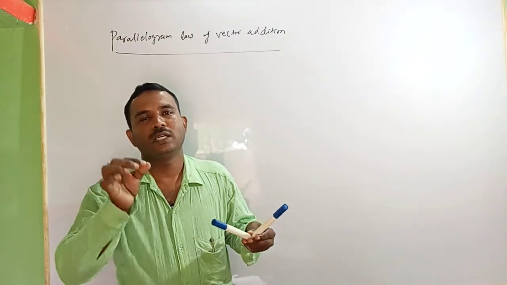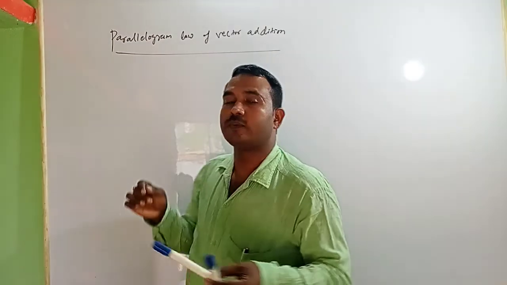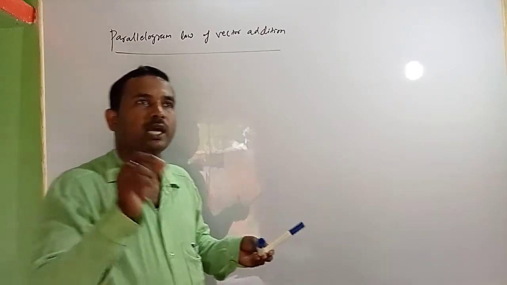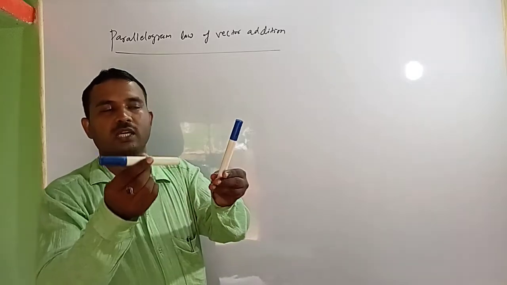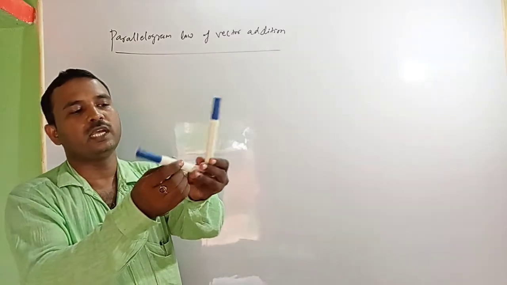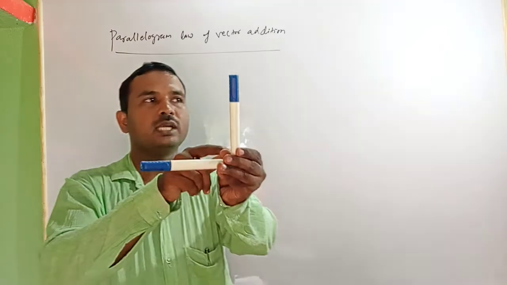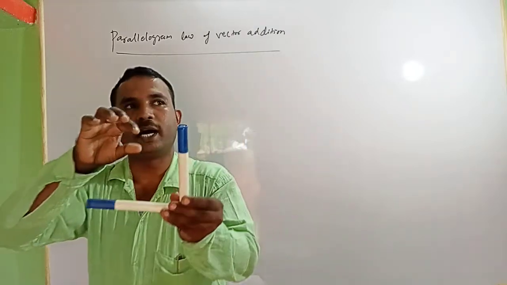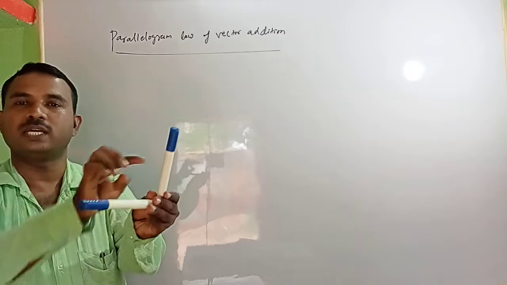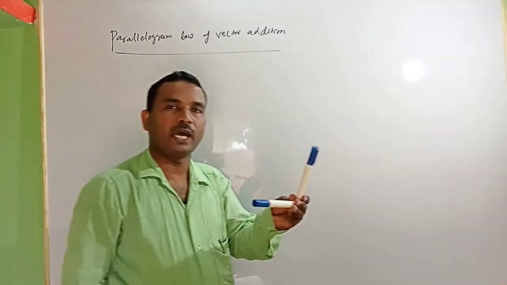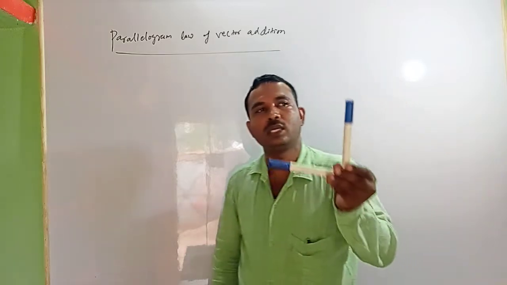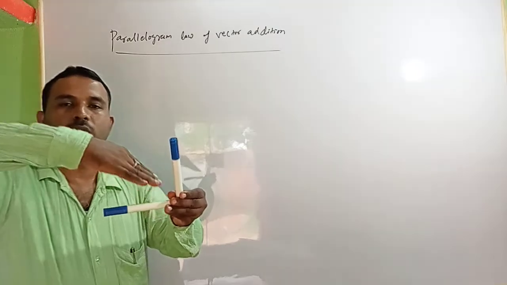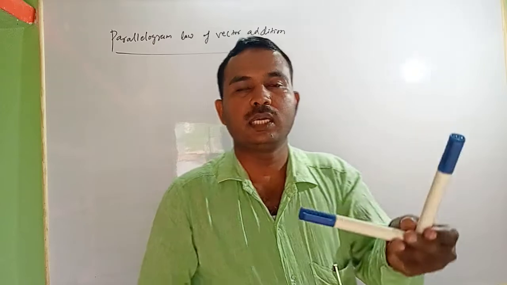Simply we say that you can define the parallelogram law of vector addition as follows: it states that if two vectors are acting simultaneously at a point, and can be represented both in magnitude and direction by the two adjacent sides of a parallelogram, then the resultant is represented completely by the diagonal of the parallelogram, and that passes through this